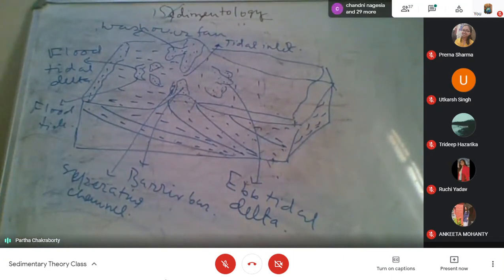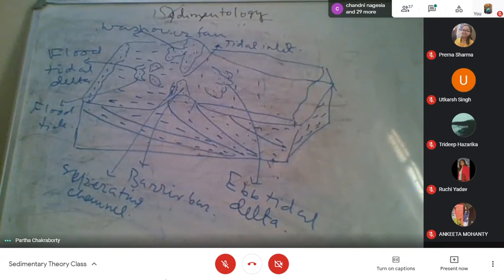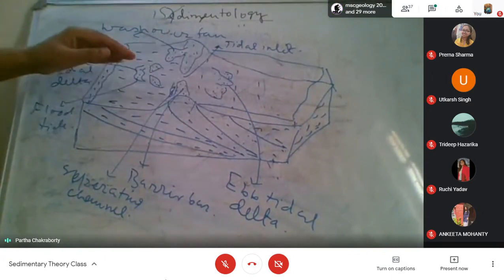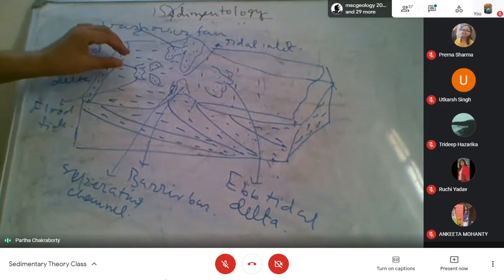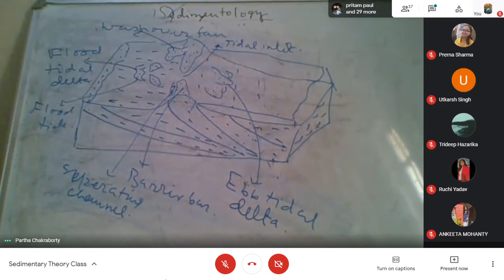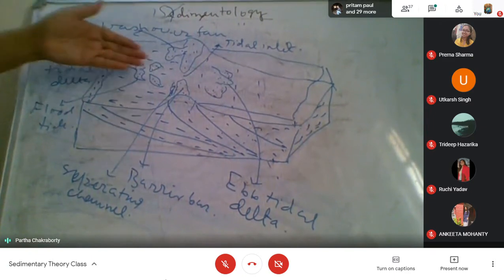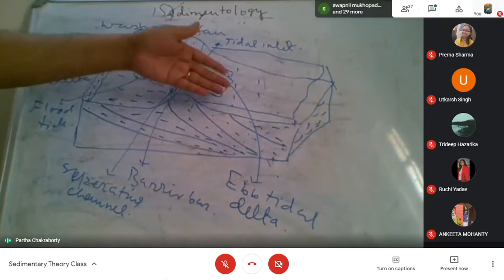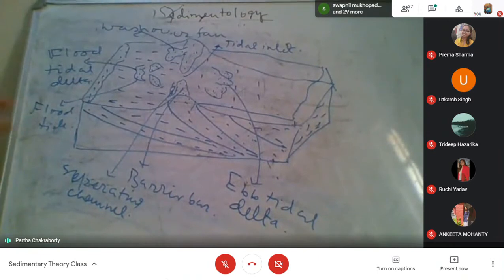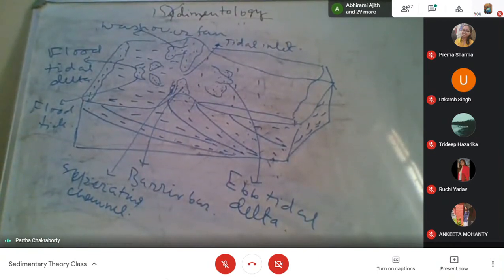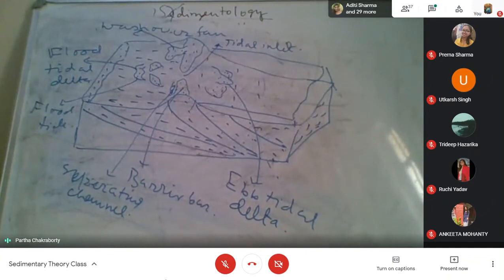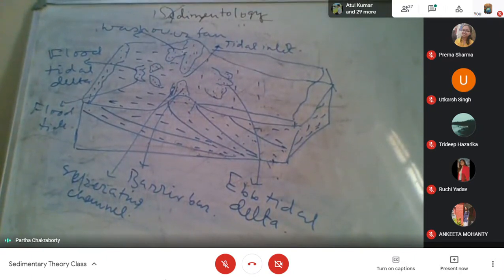And this is called flood tidal delta. That is, during the flood tide, the sediment may be discharged and form a small scale delta in the lagoon. Just the opposite can also happen, that during the ebb tide, the sediment can be deposited on this side. These deltas are not the delta I have just discussed. These are much smaller scale deltas. These are some deltaic separate sand bodies, small scale, which I may get within the lagoon or in front of the barrier.